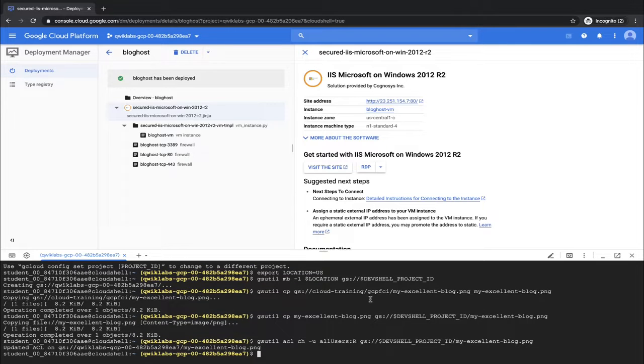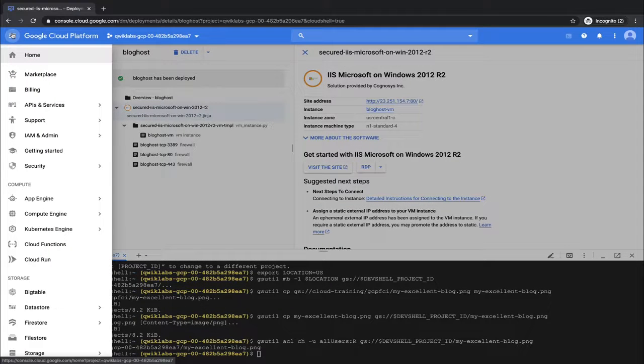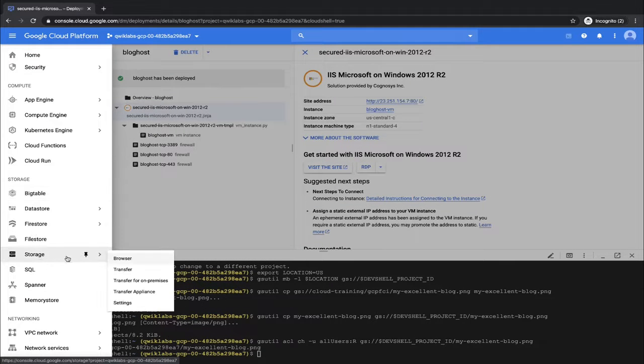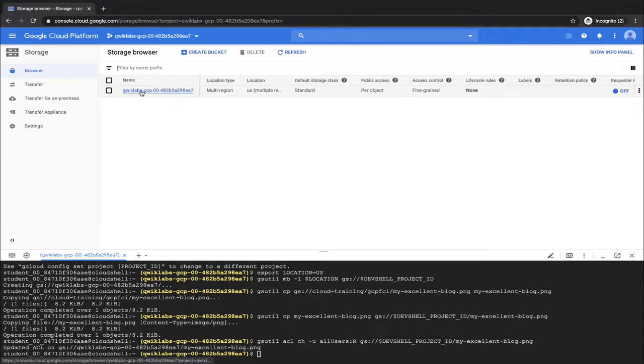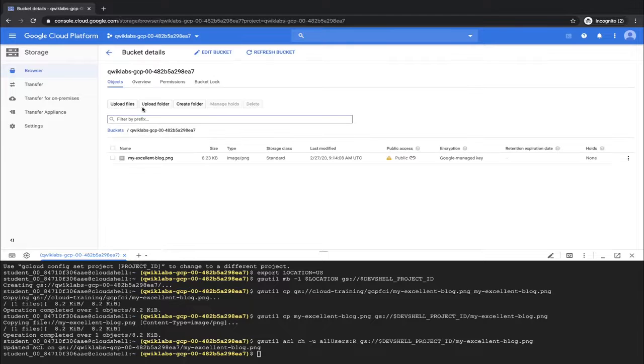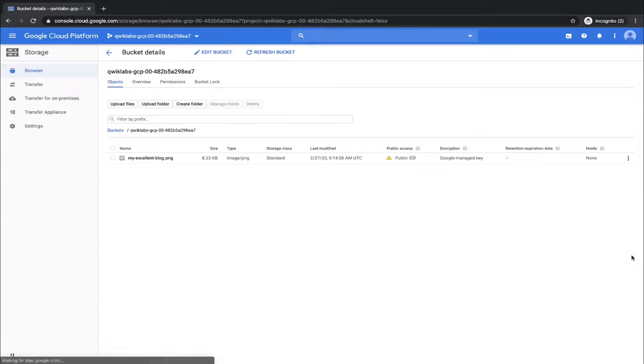Okay, so we have copied down our content from a public repository. We have uploaded our PNG file to our own bucket that we created a moment ago. And we have changed permissions on that file to make it publicly viewable. So if we go back to our products and services menu, and we get into storage and browser, we can see there is our bucket there. And if we click into it, we can see that there is our PNG, and we can see that it is publicly accessible. Now that we have verified that, we can close down the Cloud Shell,